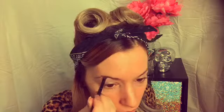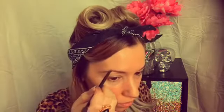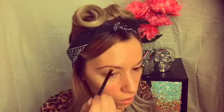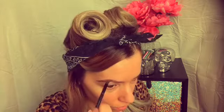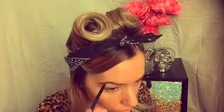Okay guys, so the first thing we do is take our e.l.f. Dip Brow Gel. That's going to start in the middle of your eyebrow, because the reason we don't start in the front is because there's going to be so much brow gel on your brush at that time. So you want your brows to kind of fade from light to dark, starting with the inner corner of your eye. And so that ensures that we won't have a big blob of brow gel in the front of our